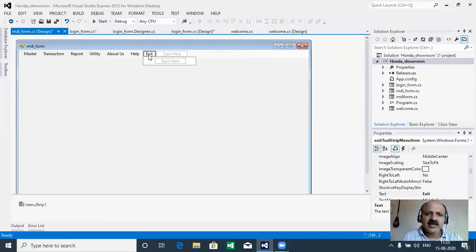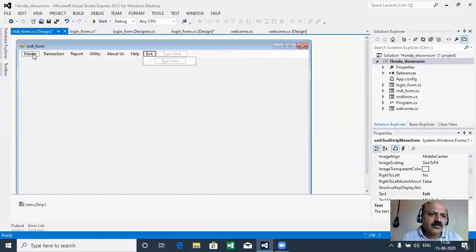In the same way, for exit, we can give exit here and write the quit, and then write the click event for that menu, so the form means exit from MDI. That is not necessary; directly hitting this menu click event, we can come out of the MDI form.